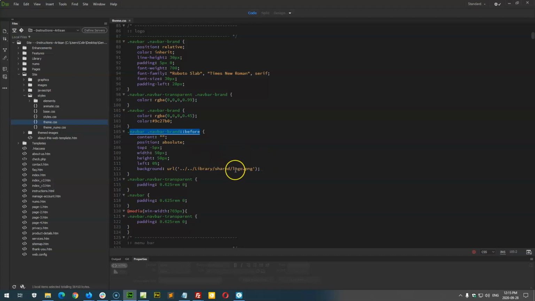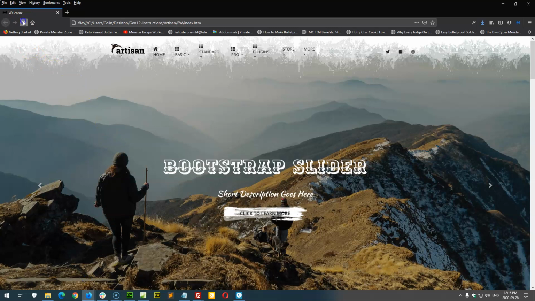And what it does is it takes the little logo image, and you can sort of see it when we hover over this, and it positions it on the page, and it positions it -5 pixels from the top and 0% from the left. So you can literally change this number here and make it, if you made it -25, what would happen is it would pull it higher up on the page. So if I were to refresh that,